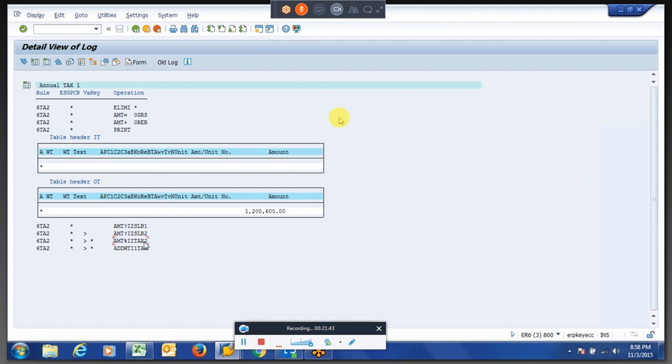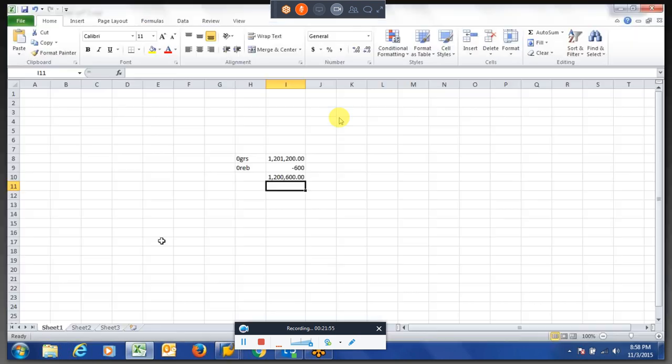So slab code 2, if I remember, that is 10%, right? So whatever the amount I got, I'm multiplying with this field, which consists of 10%, because that was false on this. So this will be the 1TX, that is his annual tax.